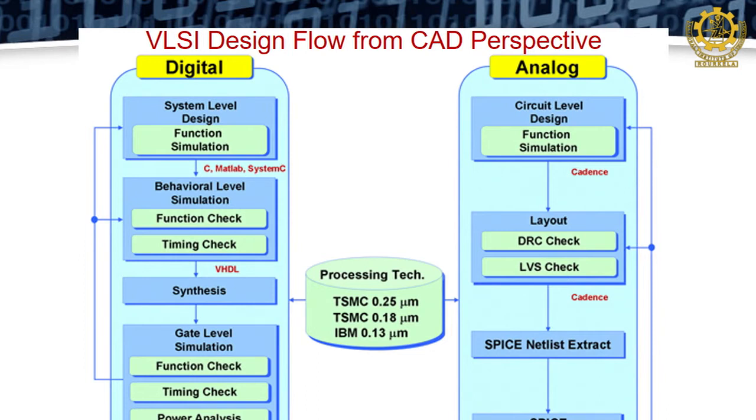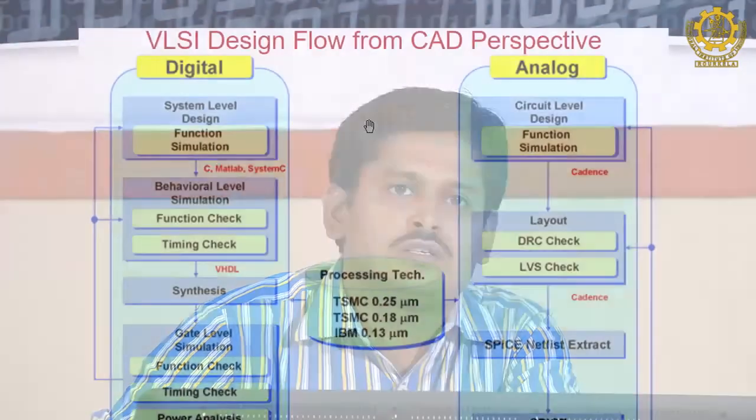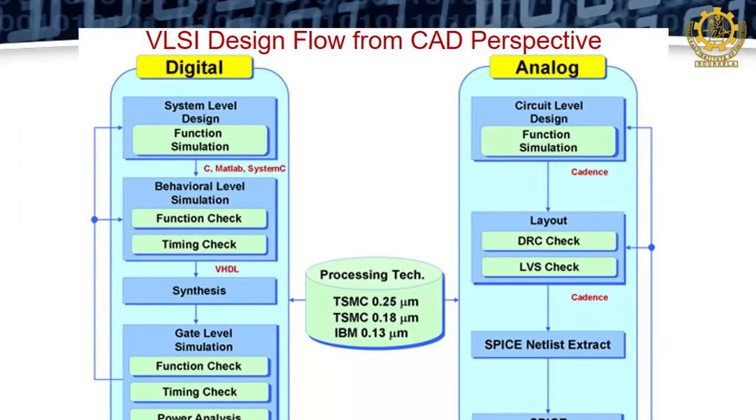First, let us discuss the digital design flow. In digital design flow, it starts from system level design. Before starting any design, we have to fix the specification of the design. Specifications are simple English language written features of the design, which are collected from the survey of the market or the experience of previous users. Once the specification is finalized, for a digital design we first go to a level called system level design.